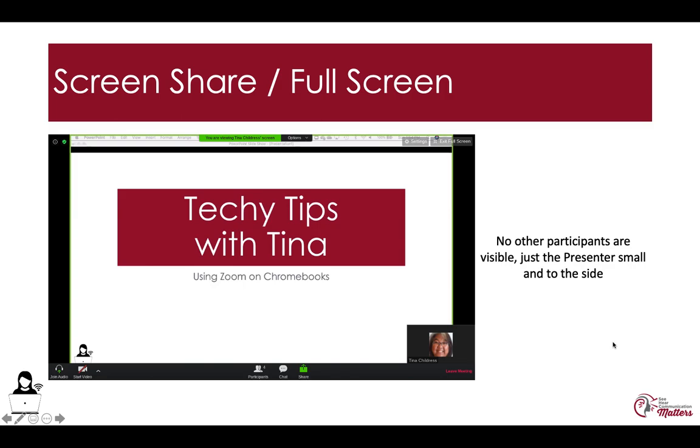All right, so what happens when you actually want to share content from your screen? Right now I'm thinking about this from the perspective of the teacher or the presenter. So I went ahead and shared my screen like normal, and this is the view of the participant that's viewing this on a Chromebook. The presenter has shared their screen, the Chromebook user is viewing this in full screen, and so you do see the presentation, but you only see the presenter in the small window here to the side.